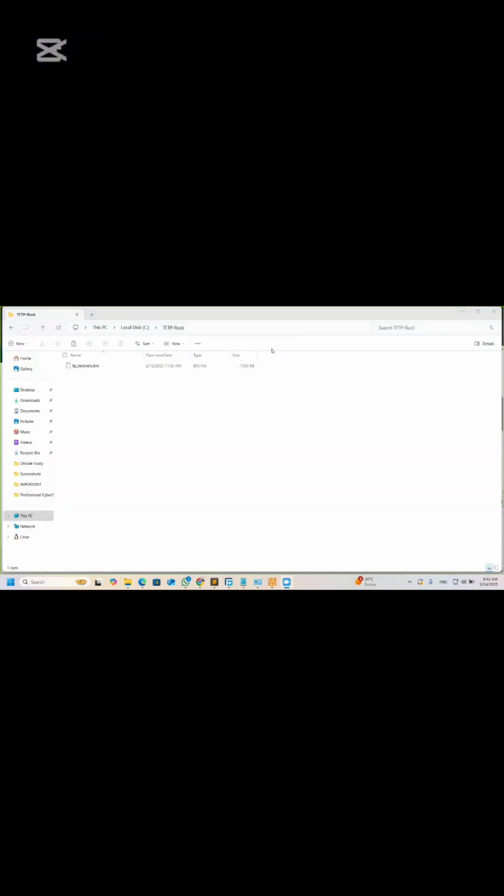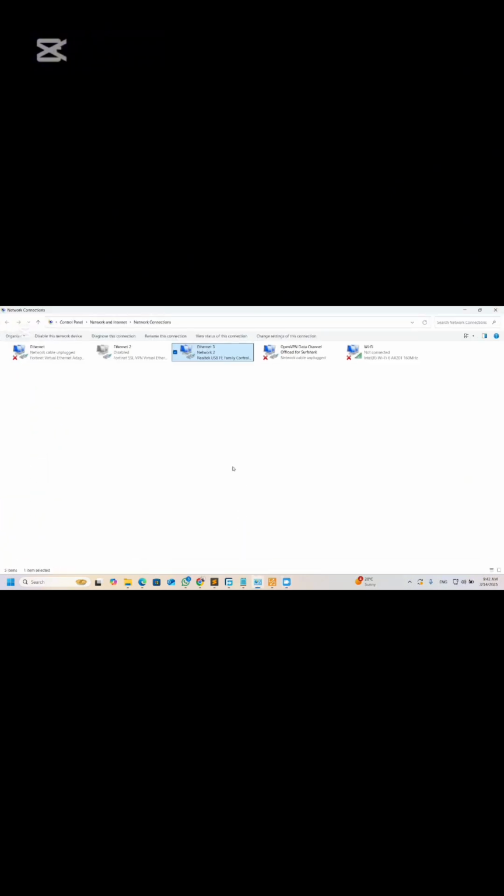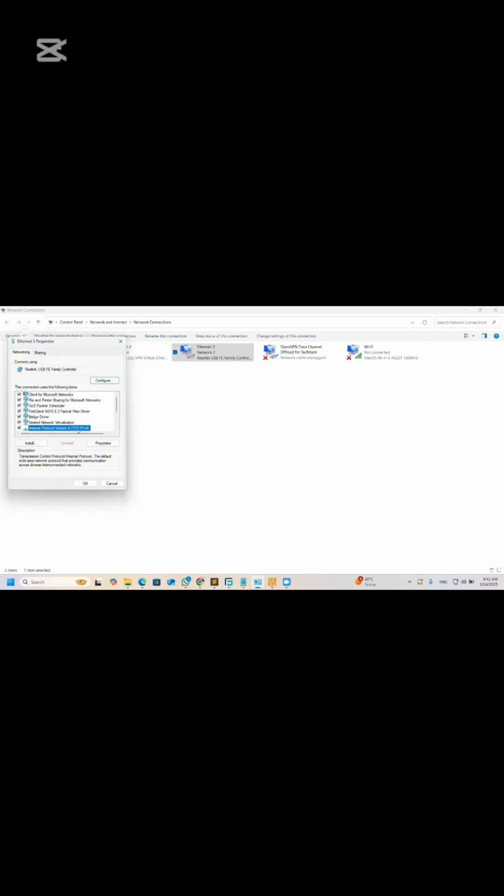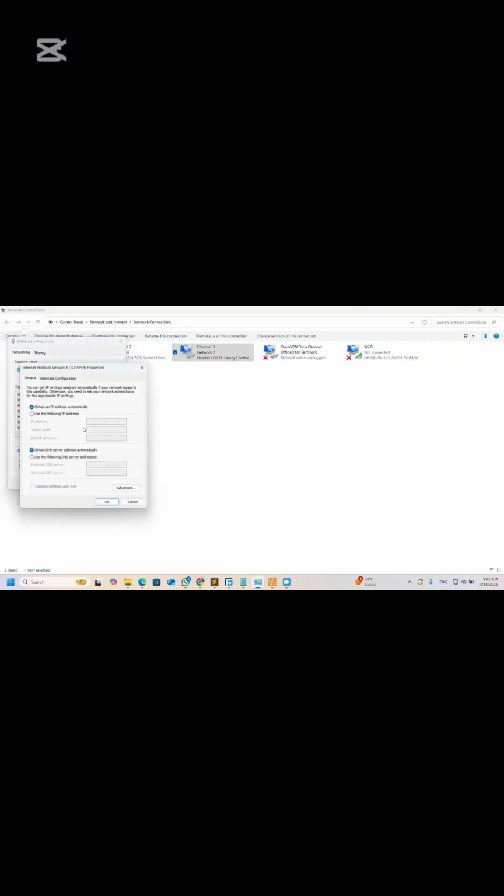For TP-Link, you simply go to your network configurations and edit the appropriate adapter. My router is connected through Ethernet 3, so I just need to click on properties and then go to Internet Protocol version 4. Click on it to open it, and then choose the following IP address. So you input